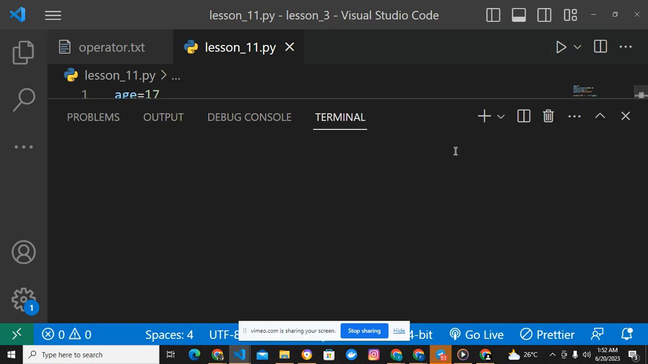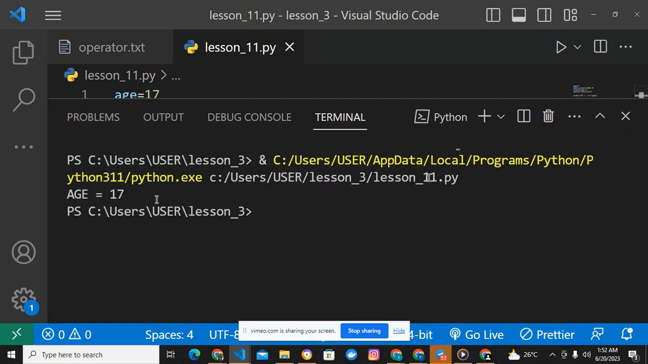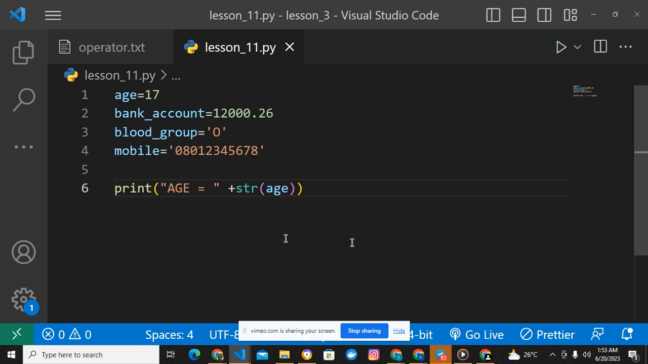See, this is what we are trying to achieve. This thing here is what we are trying to achieve. You understand? So by doing this, it gave us age equals 17. But if you had not done it, if you had not put this,